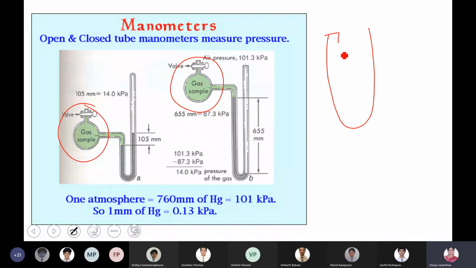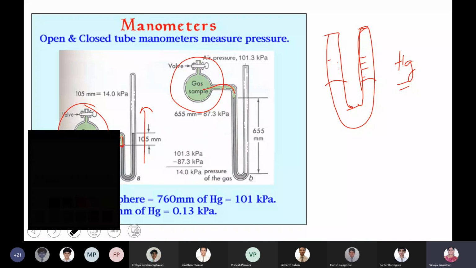Your manometer basically consists of a graduated glass tube. You have graduations on both the limbs and it is filled with mercury. Basically, we take mercury as the liquid in your manometer. When you connect it to a gaseous chamber, the gas will exert a pressure. Since the pressure is being exerted on one column of the liquid mercury, the liquid will rise up in the other column. So the difference in height,